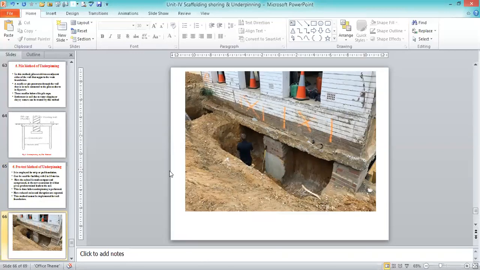First one, pit method. Whatever we discussed about the pit method, you can see that below the existing building the pit is going to be driven. Then we have to go up to where the hard strata is available. Up to that we drive the trench. Then we go for the treatment of the foundation. In this picture we can understand what the pit method is and how we use the underpinning technique.